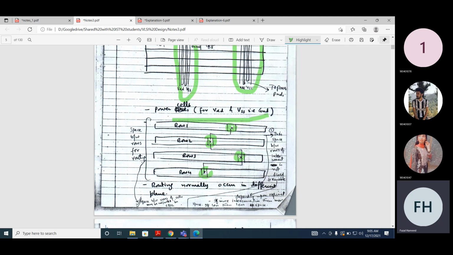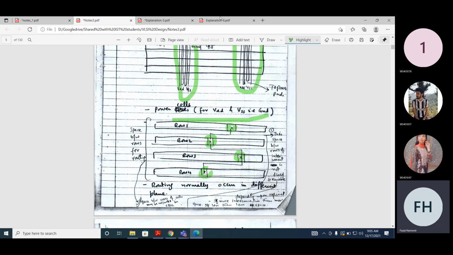So this space between rows for interconnect is not fixed; it's variable. If the connections are more, if routing is more or complex, how can you avoid this problem? You can increase the space between different rows, and that space can be used for routing. So now can you see?